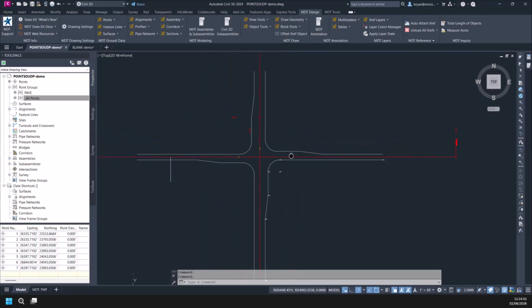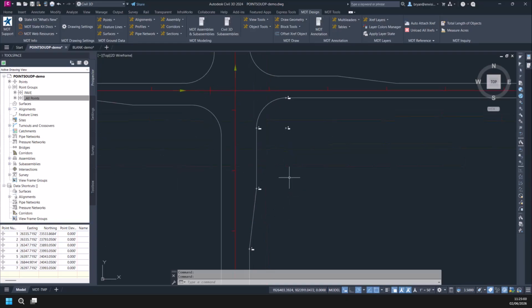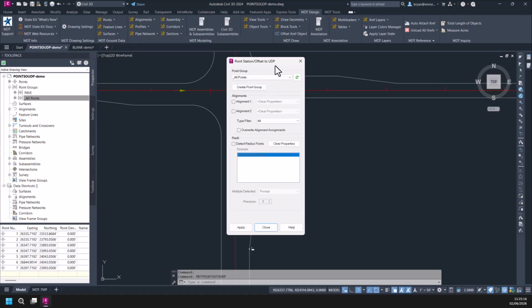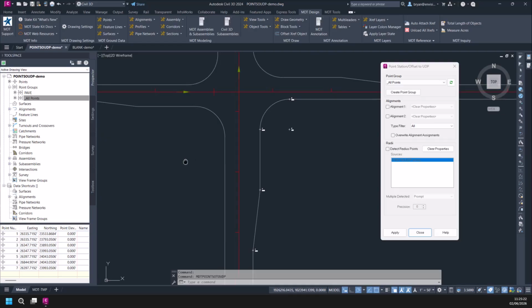I have a drawing here. It's showing a couple alignments, and I have some geometry representing edge of pavement. If I zoom in, you can see I have some points set on these geometry points. You can go ahead and see how this tool works. If I go up to the MDT design ribbon tab and I click my point SO to UDP, I'll get the tools dialog box. This dialog box is a floating dialog box, meaning that I can work in the drawing